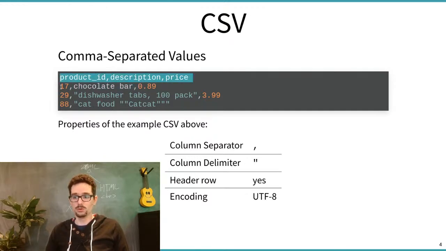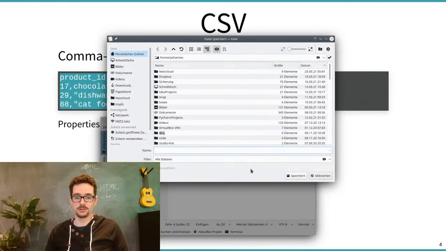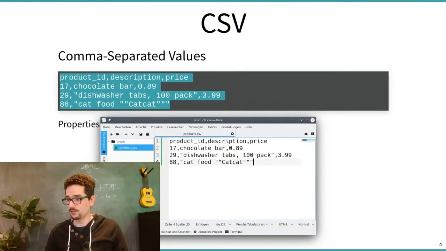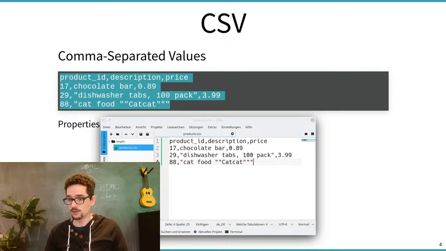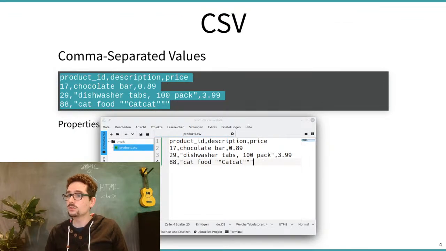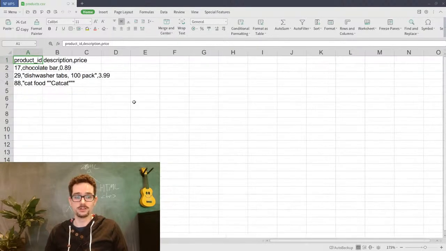So we have a header row. It is also possible to have CSV files without a header row. So let me go back to the text editor here. I write that CSV document in a text document, products.csv, and now